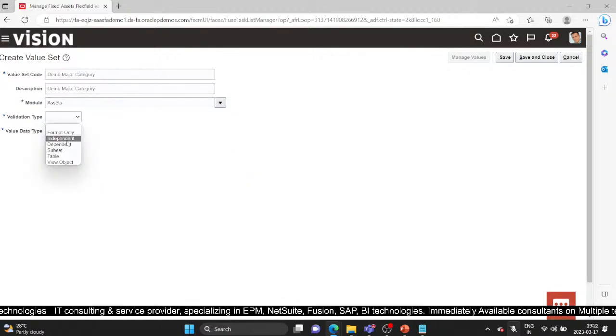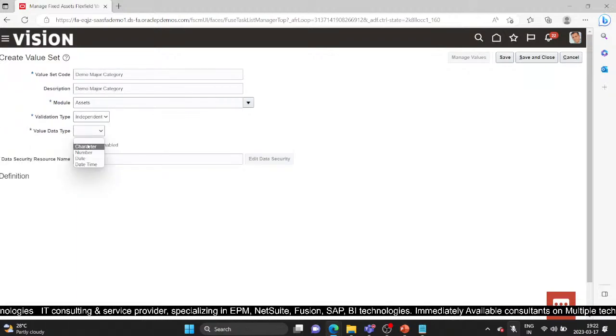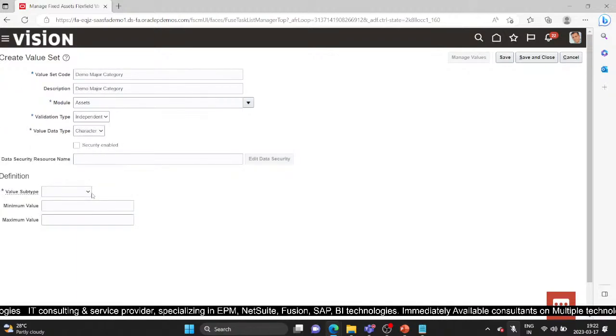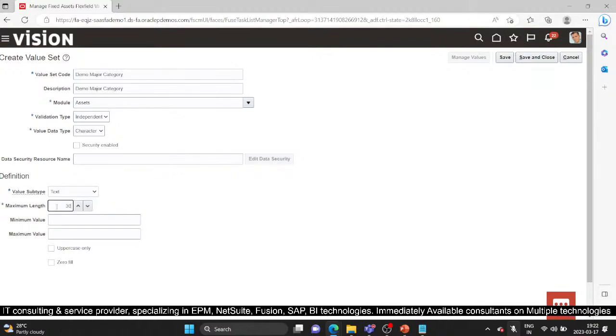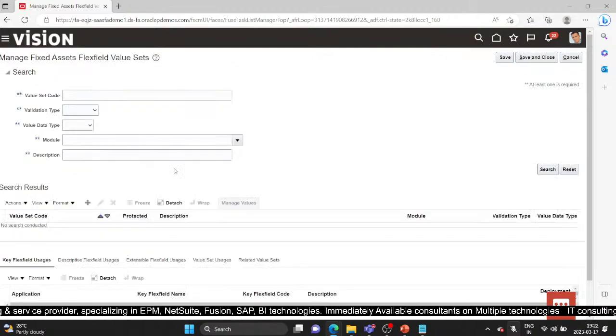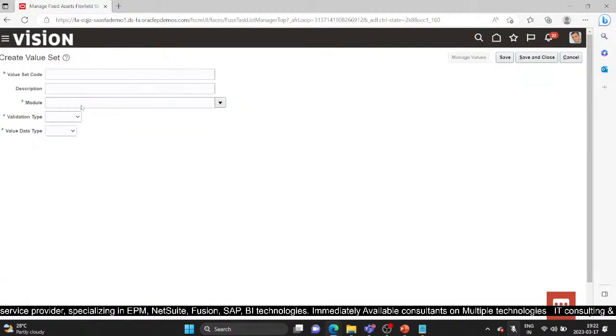Then validation type as independent, value data type as character, value subtype as text, maximum length as there will be categories in the text format. So I will take maximum length as 30, and I'll create another one,